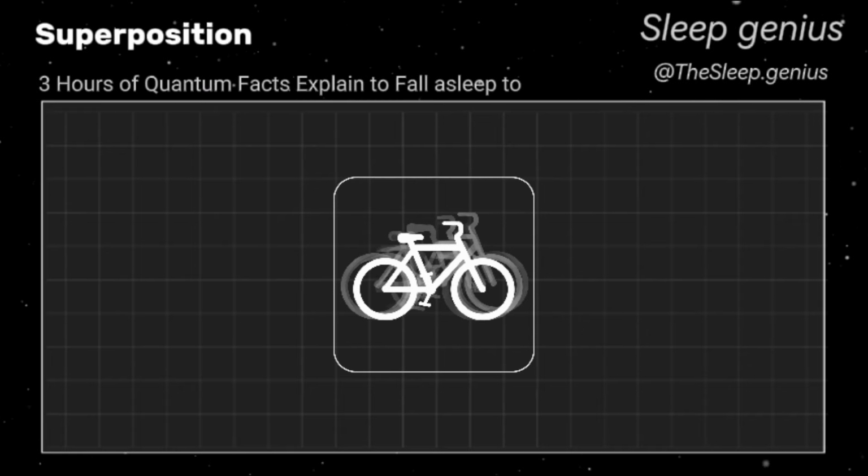Superposition invites a philosophical reflection on uncertainty and possibility, prompting questions about whether reality is fixed or fluid, whether the universe is deterministic or probabilistic at its core. It is a reminder that the world may be far stranger and more wondrous than our senses allow us to